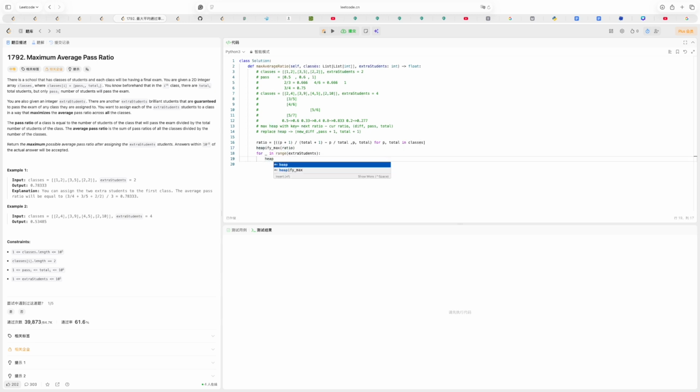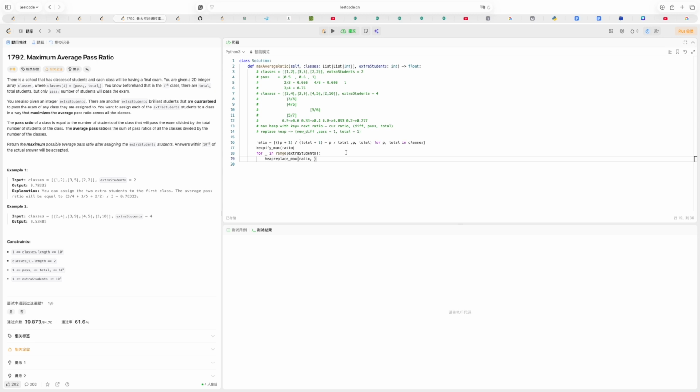And every time there is an extra student, heap replace max ratio, and we want the largest diff to be popped, and it will be replaced with a new